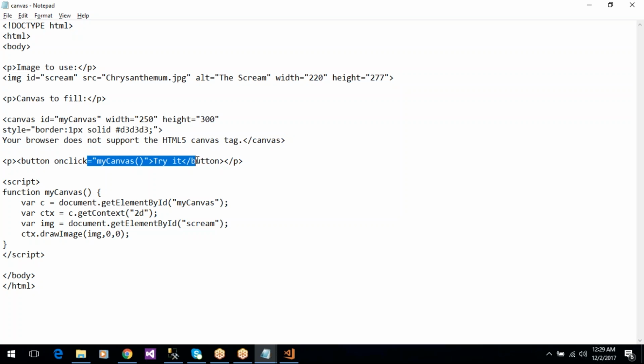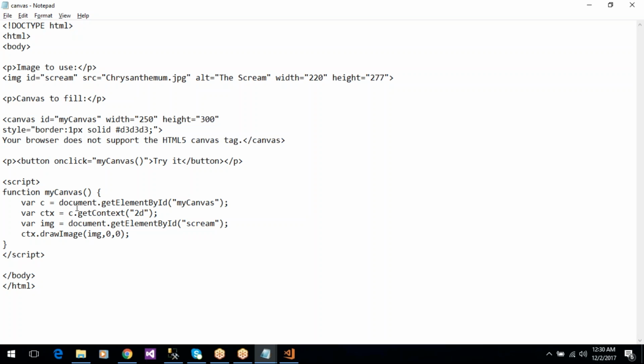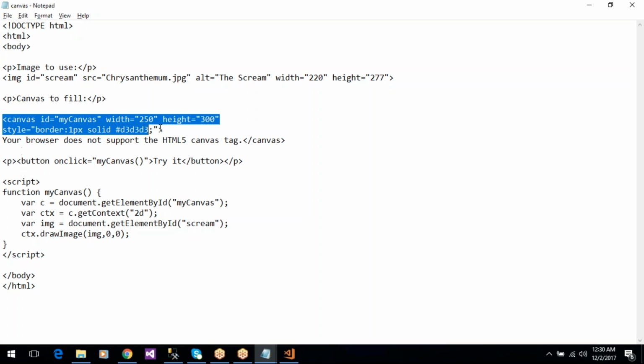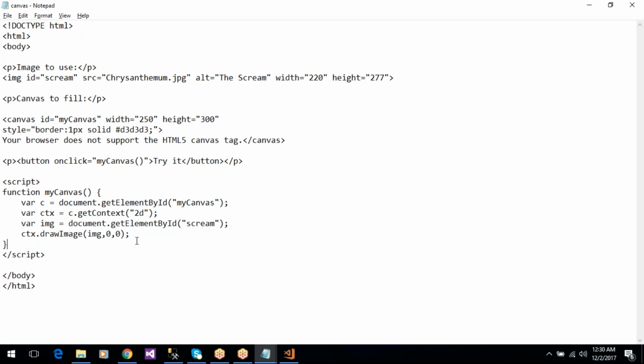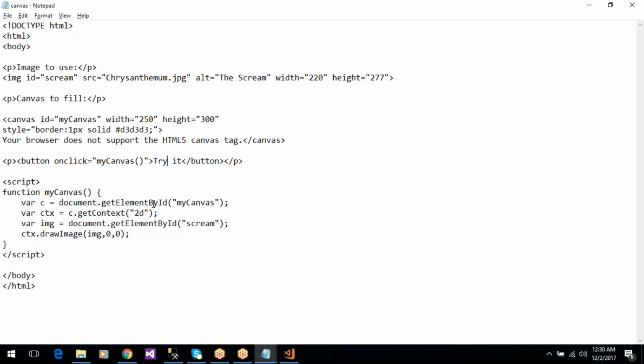So when you click on the try it button, the same image will be displayed in the canvas tag. Okay, so the canvas tag converts the image into a stream and draws the image in the canvas tag. So online, a number of assignments are available on canvas. Using the canvas tag and SVG tag we can design a number of graphics like